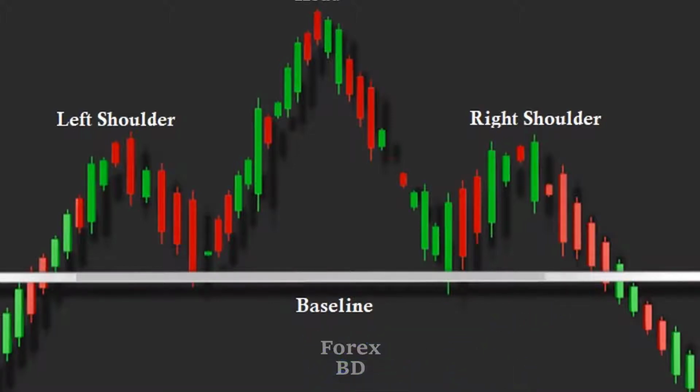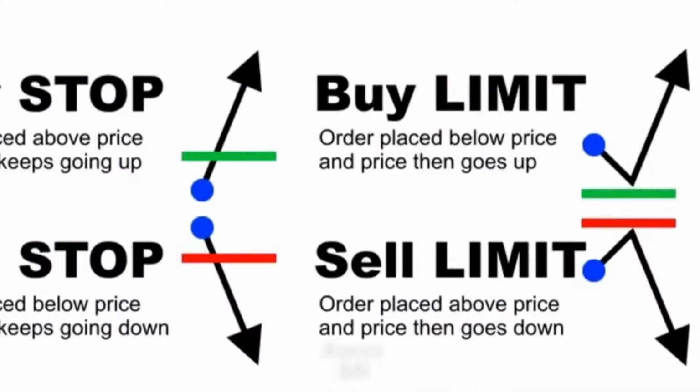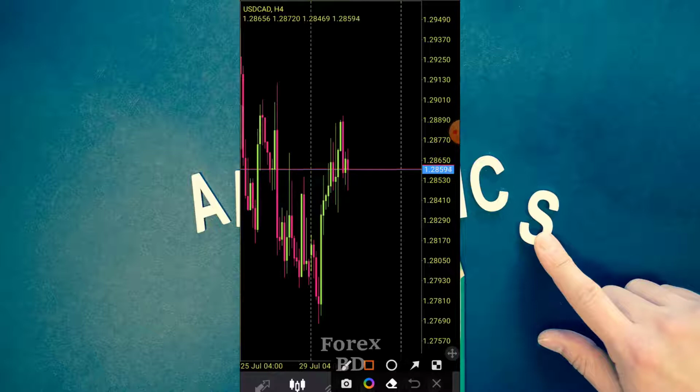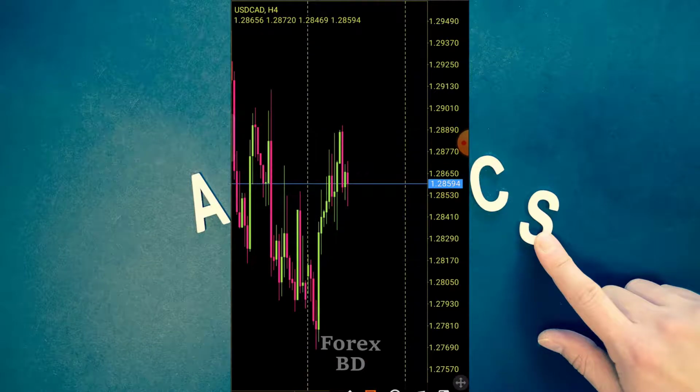So far, I discussed sell stop and buy stop. Now let's see how to follow the sell limit and buy limit. When we follow support and resistance, we wait for the market to reverse. After we draw the support line or resistance line, we wait for the market to touch that line and reverse. But if you follow these 2 types of pending order, you don't have to wait.